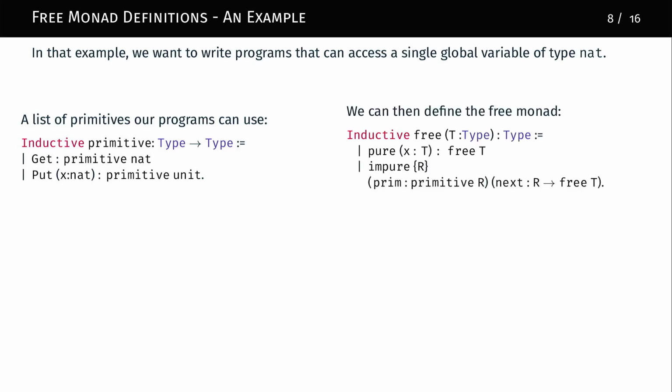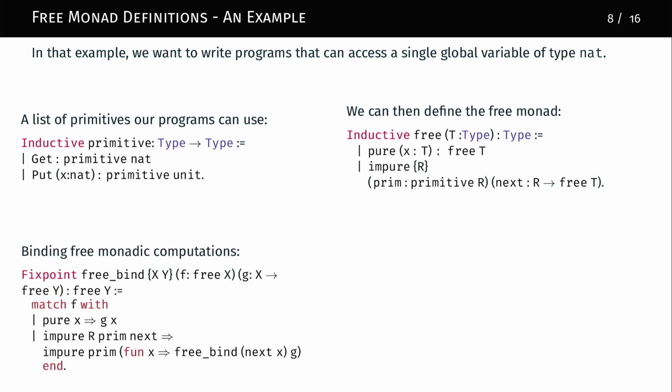I can actually define my free monadic encoding with this simple definition. I'm going to say that a free monadic computation, returning something of type t, is either a pure computation with no primitives, so just a Gallina term, basically, or an impure computation consisting in first calling a primitive that returns something of type R, and then a continuation next that tells me what to do with the result of that primitive. And this turns out to be a monad,